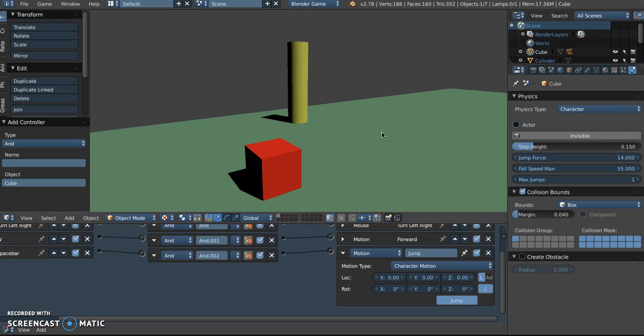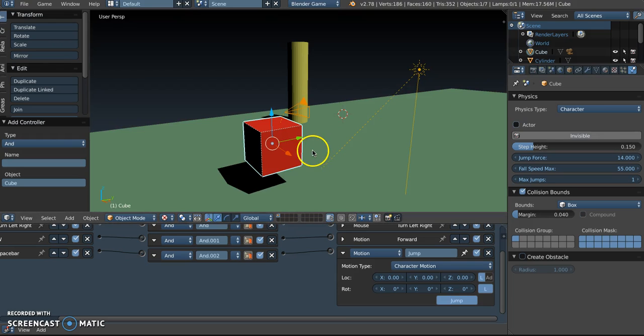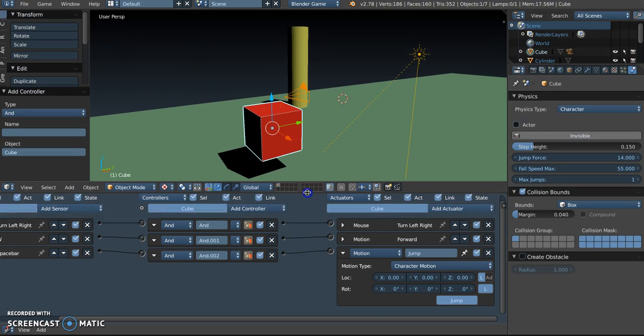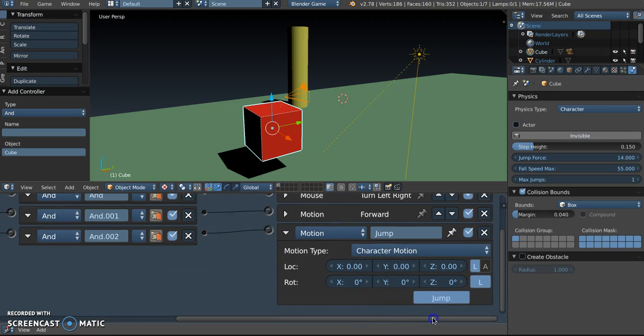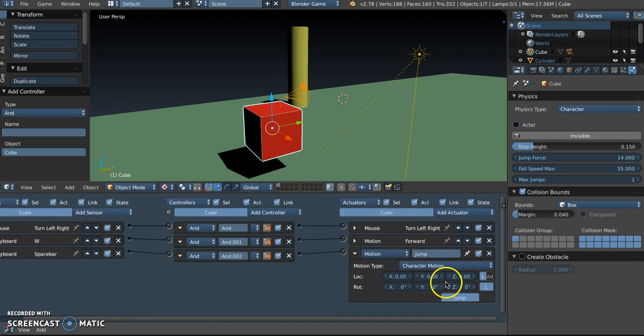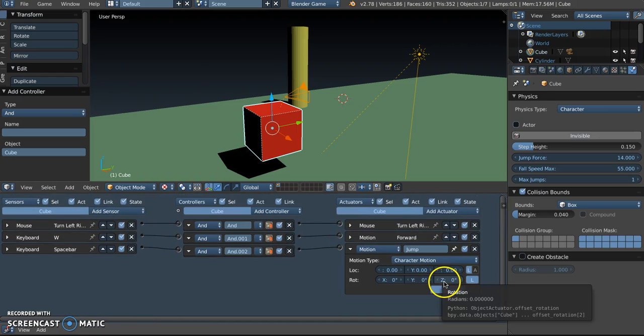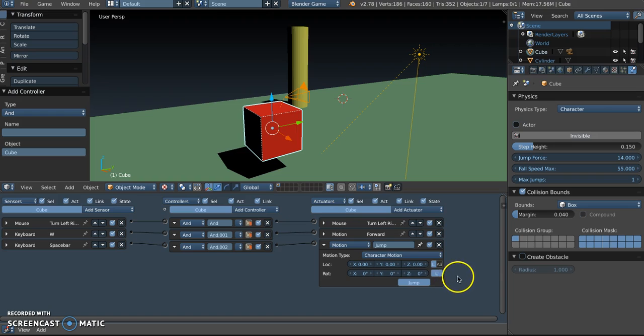Now the problem is that if I move forward and I press spacebar, you notice that I can only do one action at a time. I can only jump or move at a time. And when I jump, it stops the movement. So let me zoom in. So what you'll notice is down here in my jump actuator, along the location,